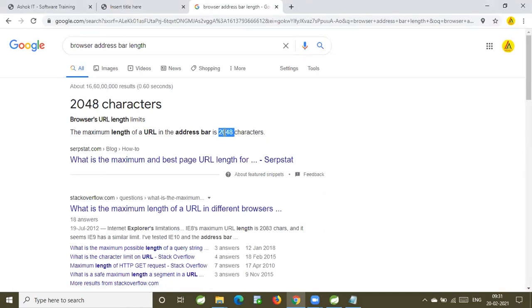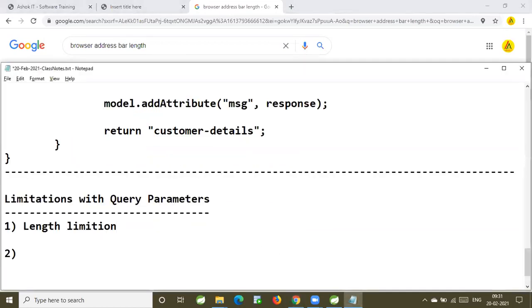Okay. Sir, this is the GET mode of request, right, sir? Yes. So 2 to 8 KB of data, no sir? 2 to 8 KB of data. 2048, yes sir. 2048 characters. Binary data we can't send: video,